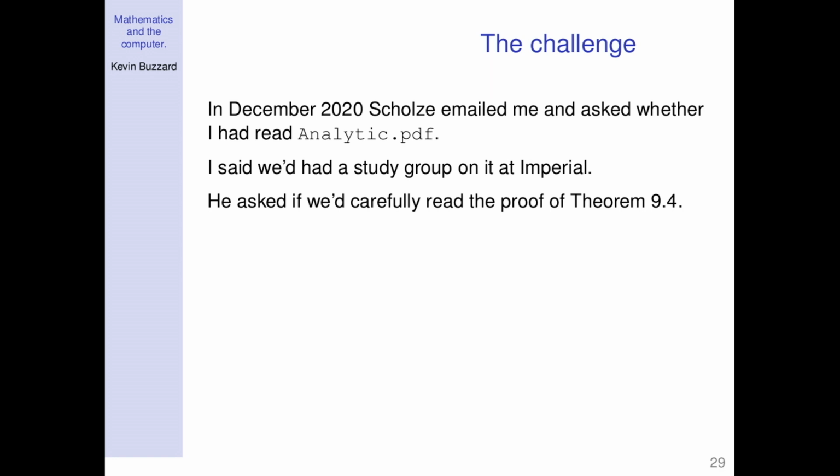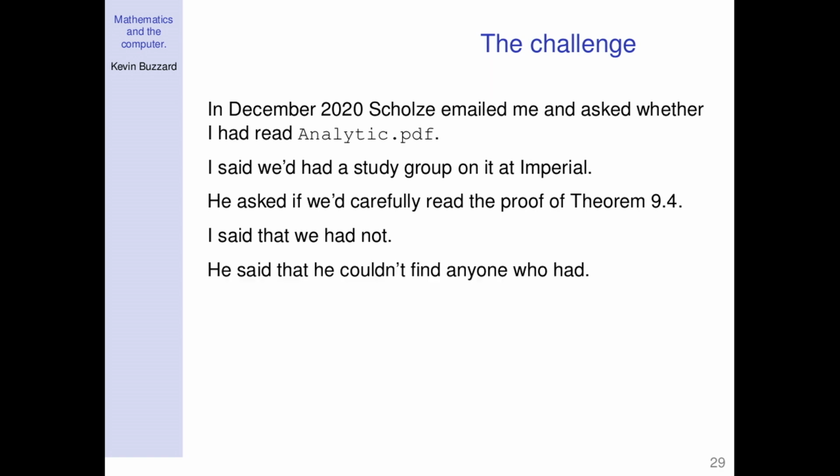And I thought it was quite a funny question. But you know how study groups work. We had 2 hours to think about section 9, and theorem 9.4 is this very messy, low-level thing that's got some 9-page proof. There's just a lot of fiddling around with diagram chases. And so the answer was no. We had not read the proof of theorem 9.4. I mean, we'd sort of checked that theorem 9.4 implied theorem 9.1, but we hadn't read the proof of theorem 9.4. And he said, do you know what? No one's read the proof of theorem 9.4.